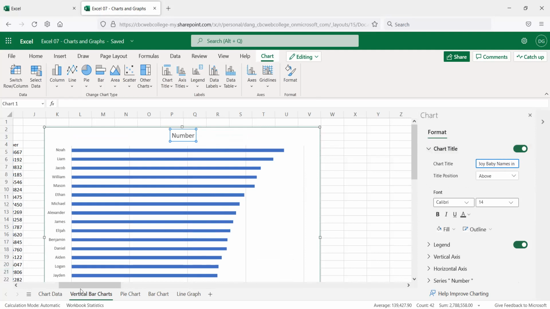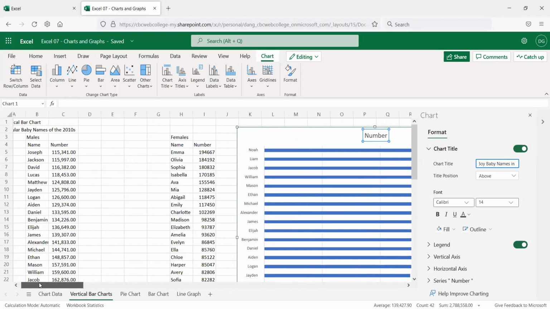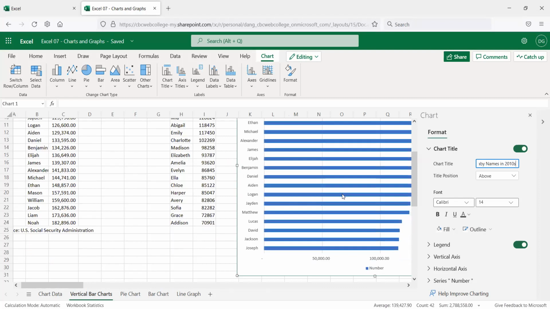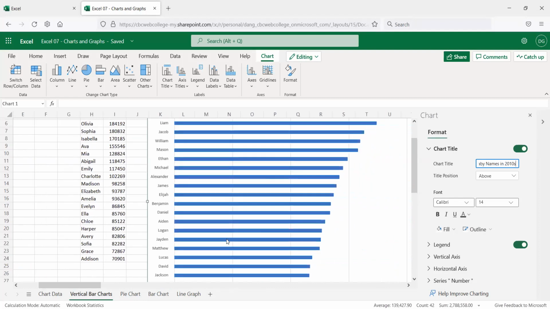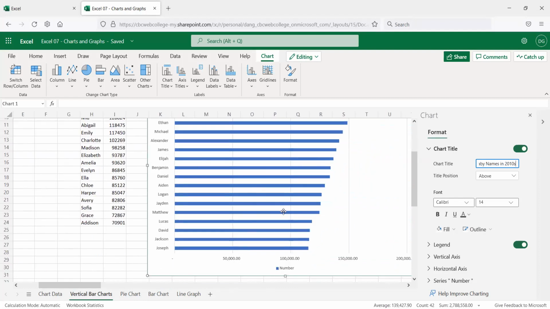And then boy baby names. And what was the year? 2013, right? Oh, 2010s. I guess it was over the decade. Okay, now this gives us the bar chart stacked vertically, meaning they're stacked on top of each other instead of